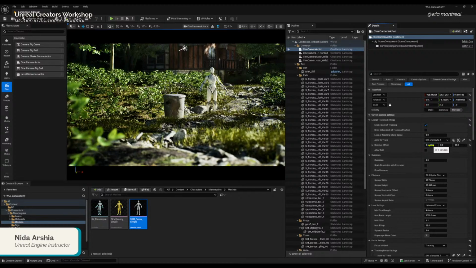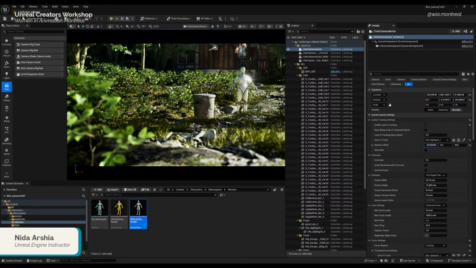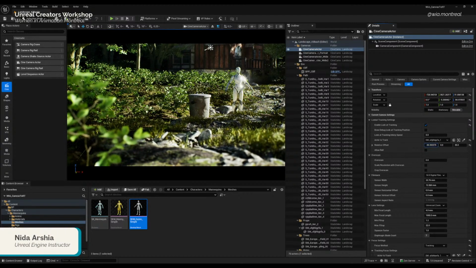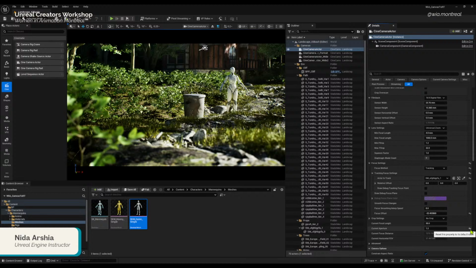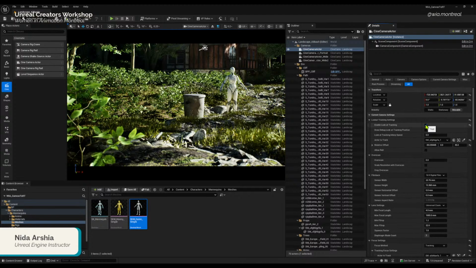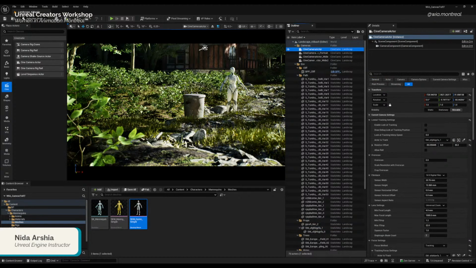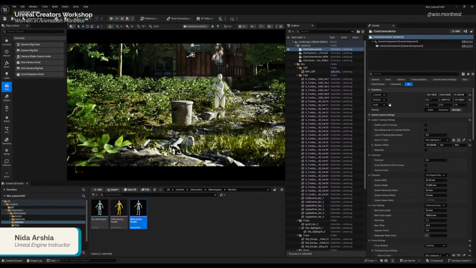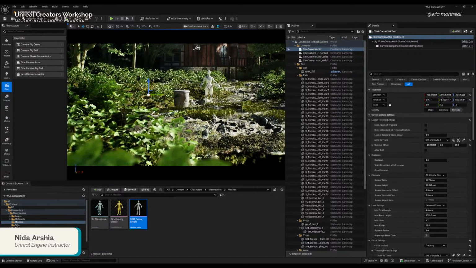So I'm just going to do some adjustments here. Okay, and I'm going to reset the aperture to the default. It's actually too busy. The environment, of course, has a lot of foliage, so it is quite noisy from a particular angle. So I have removed the look at tracking, and let's just find another view.